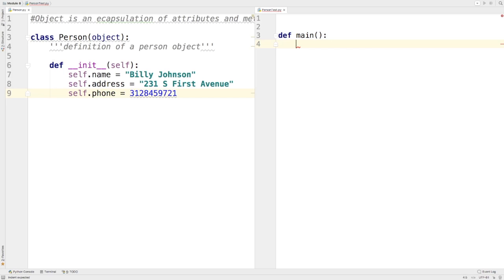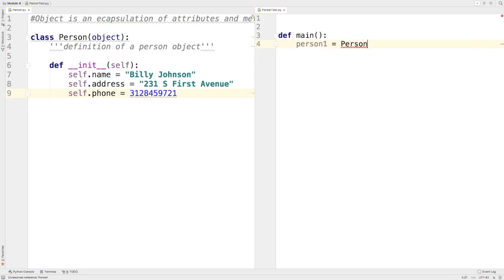Now through your reading you probably understood that there's a keyword here that we have to use, maybe something like new. We don't actually use the new keyword in Python. What we do is just call upon the class as if it's a function, and it'll start to build something. But I do need a variable to store it in. So let's just call it person1